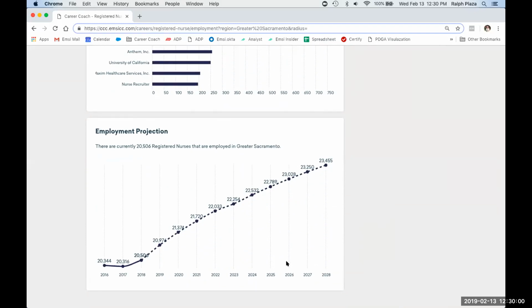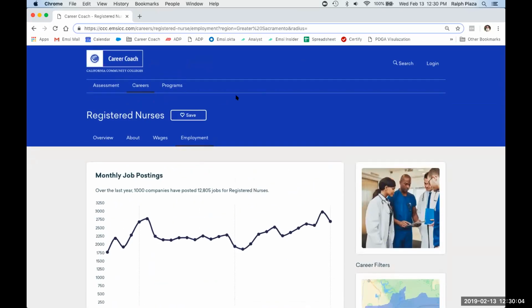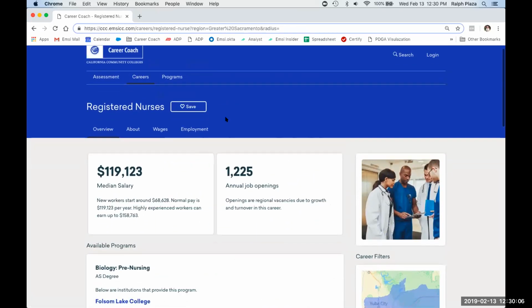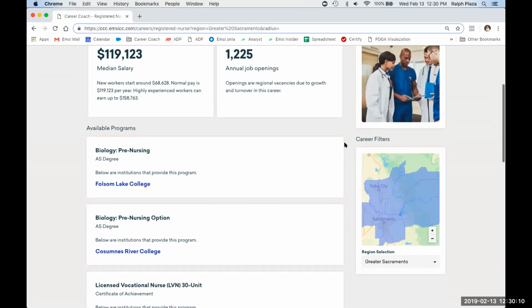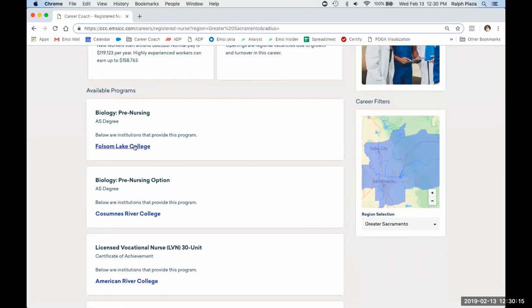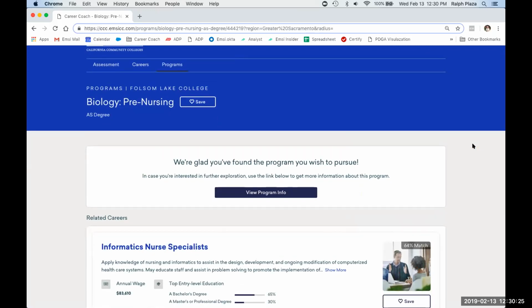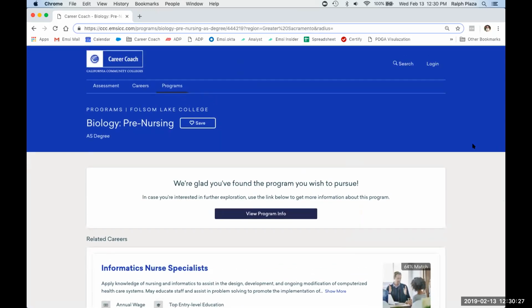What is the projection? What is the trajectory of this particular occupation in the region we've chosen? That's one very important functionality here. But also, a student could say, okay, I want to see where I can get this particular training for this occupation I'm looking for. And this is what I call the program page. So this is the program page that helps the student say, okay, this is the program I'm looking for. They can save it to their